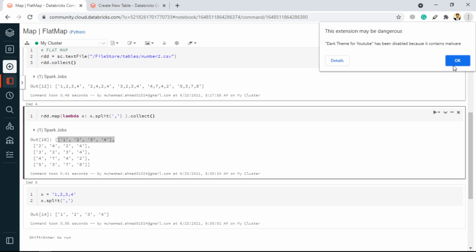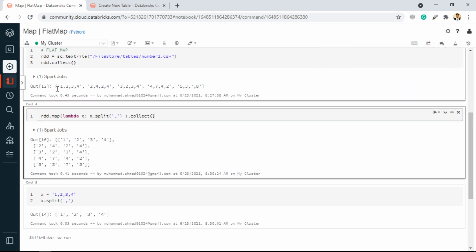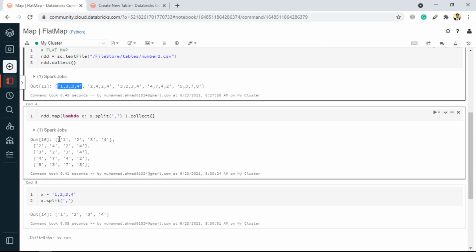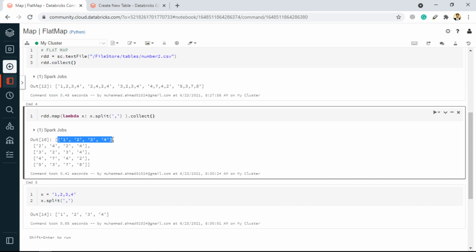So here there is no difference: at this point we got all the numbers inside the string, and at this point we got all the numbers inside the list. So we cannot directly apply anything to it, because if we further apply mapping to it, it will just take this element and provide it inside the map as a list. We cannot directly add or do anything with that, although there is some complex Python code which we can write to do this.